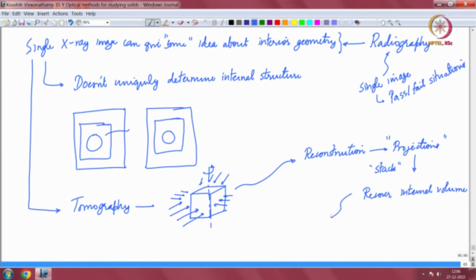And this exactly is what is done in X-ray CT, or when you go for a CT scan this is exactly what is done. If you are lying down on a bed, you are passed through this ring, if you have had a CT scan done or if you have seen somebody who has gone through a CT scan, and there is a source and a detector placed diametrically opposite from each other and they are basically rotated. So instead of you being rotated, which is not a very pleasant feeling, the detector and the source pair are rotated around you as the center of rotation. So it is essentially getting the same information,